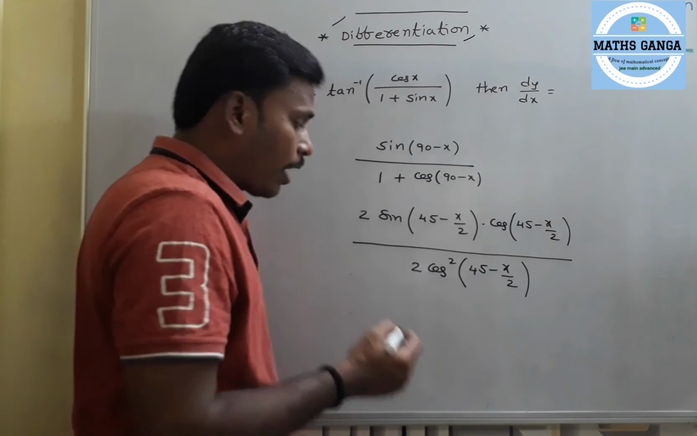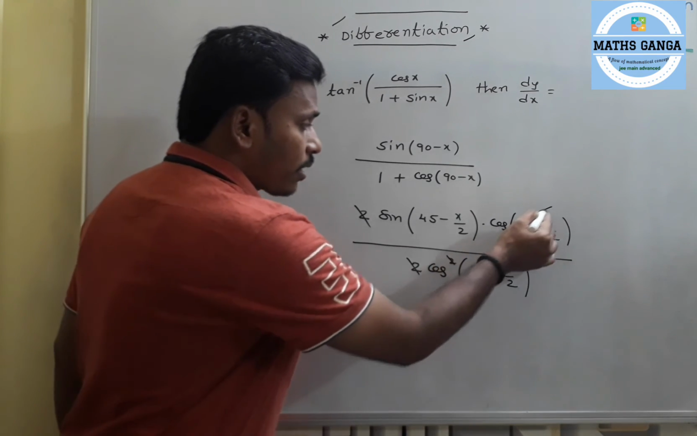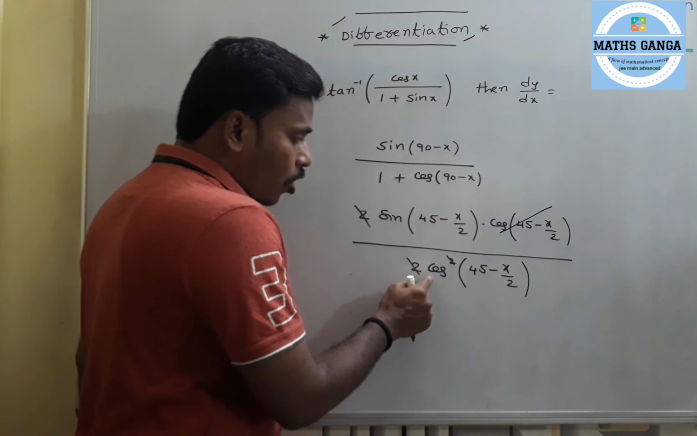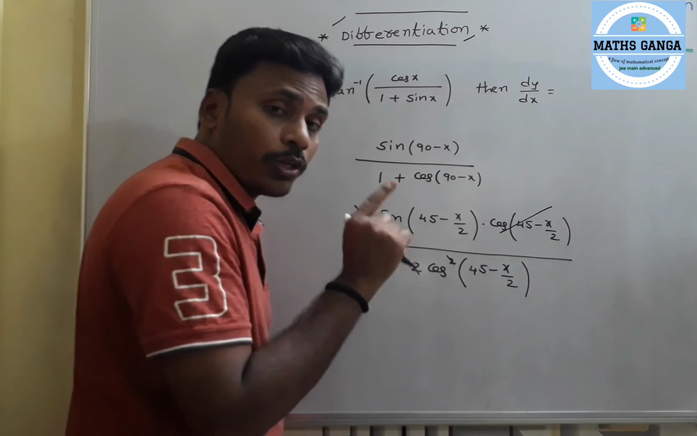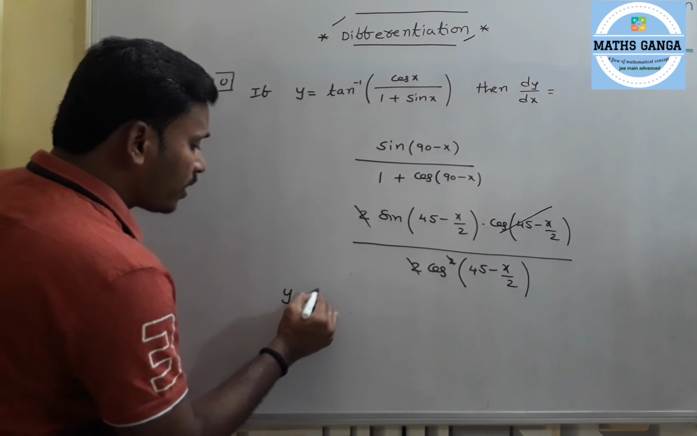Is it clear? Now 2 and 2 get cancelled. This square and this cos of 45 minus x by 2 get cancelled. Sin by cos of 45 minus x by 2 is what? Tan. So finally we have y is equal to